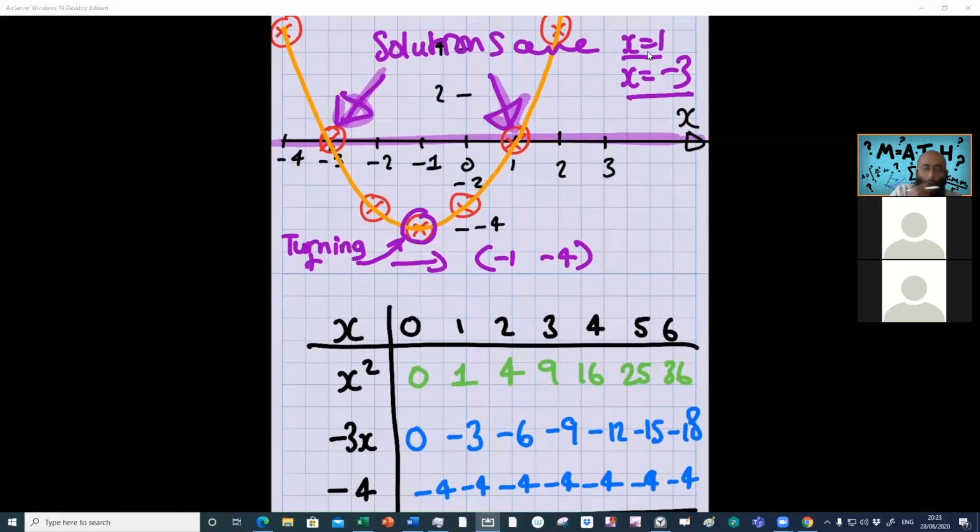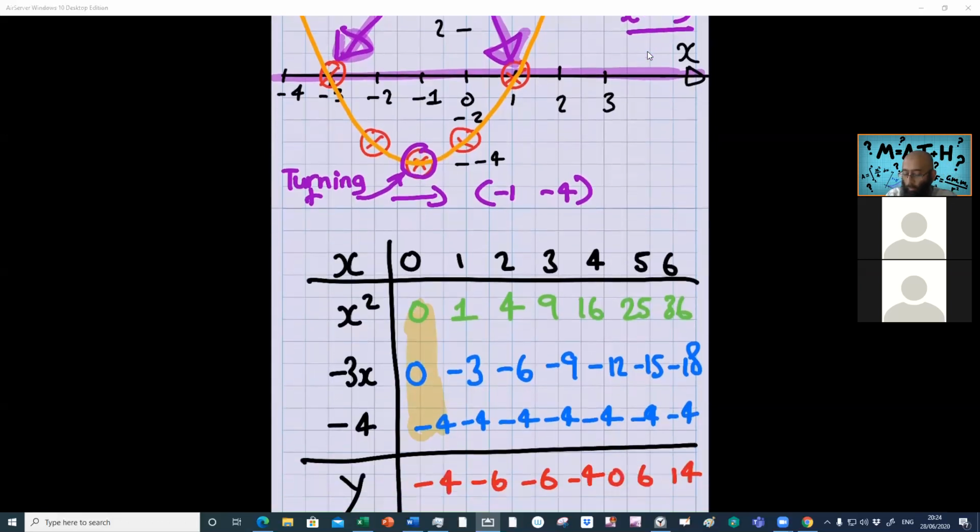Okay, now, how do we get the y value now? You add all of the 3 numbers up. So which way do you add them? Do you add them horizontally or vertically? Going down vertically. Okay, so you always add them vertically to give the answers. So go on then, give me some answers then. What's 0, add 0, add -4? -4. What's 1, add -3, add -4? -6. And the next one? -6 again, then -4, then 0, then 6, then